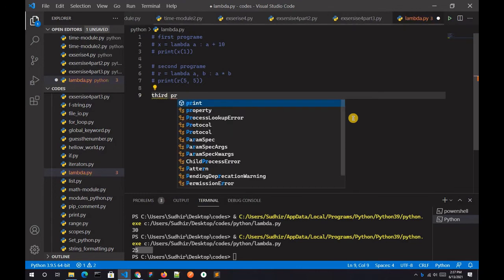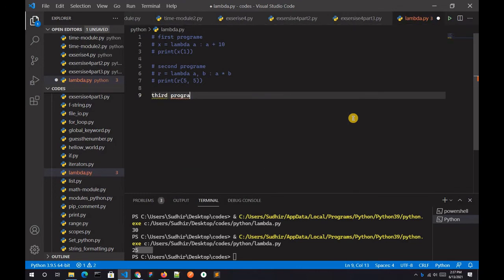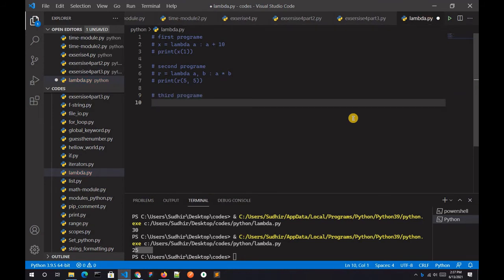And now guys, let's write a third program. In this program, you have to simply sum arguments a, b and c and return the result. So in this case, type x is equal to lambda a, b, c colon a plus b plus c, and Control S to save.